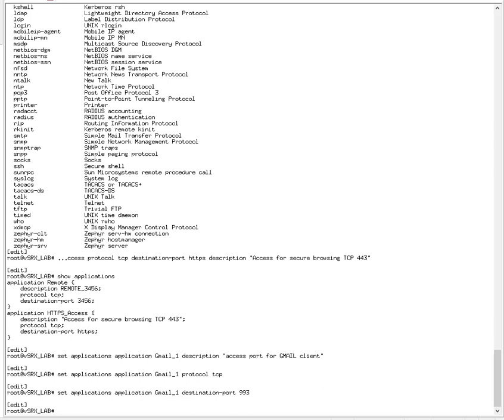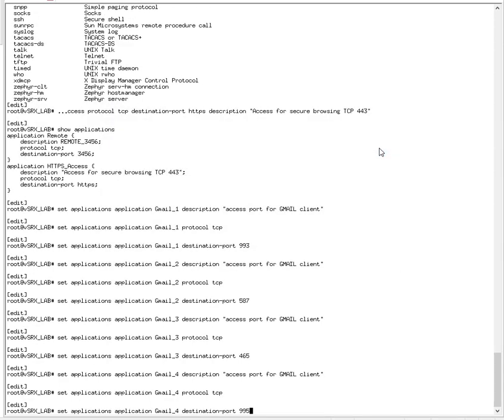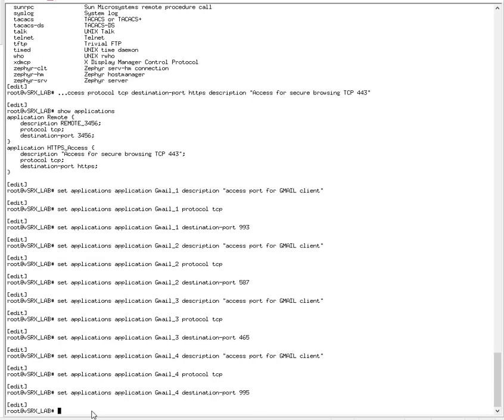Alright, I'm going to do that same exact step for 3 more. So it's exactly the same thing. Gmail 2, TCP port 587, port 465, and port 995, all TCP ports. And all these are required for Gmail client access. Alright, so now that we've got the 4 applications with their corresponding TCP ports, now we're going to create an